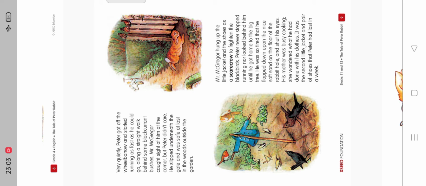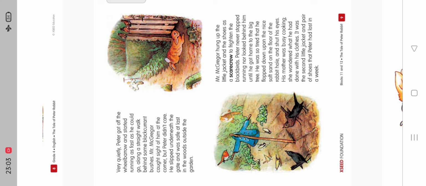Mr. McGregor caught sight of him at the corner, but Peter didn't care. He slipped underneath the gate and was safe at last in the woods outside the garden.